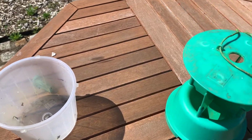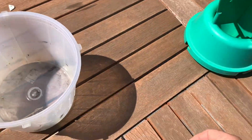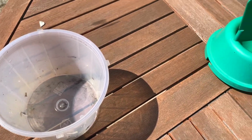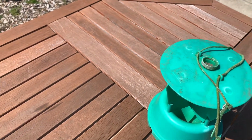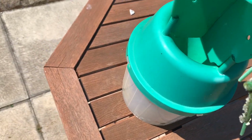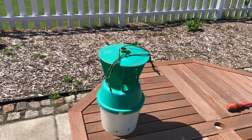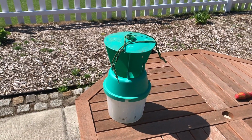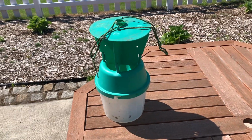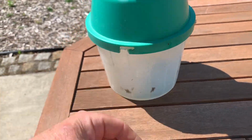And this goes in the tool. Had to be hiding, didn't it? Just goes in there, pops in the top of that, cover goes on it, and that goes on there, and you hang it up. Now it will attract those bugs, as I've previously said. When you start seeing them in the capture area down there,